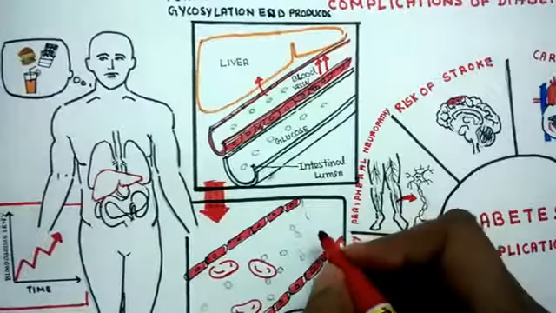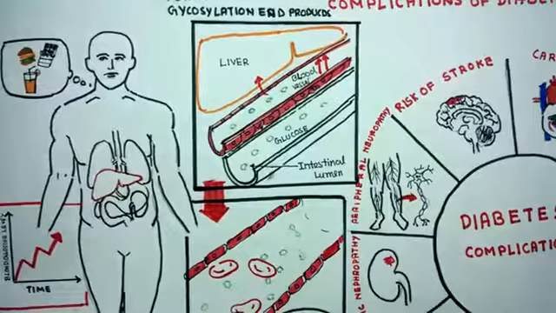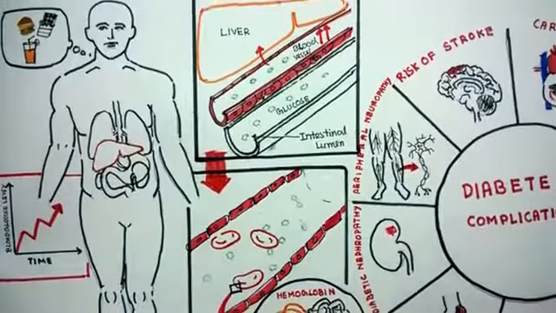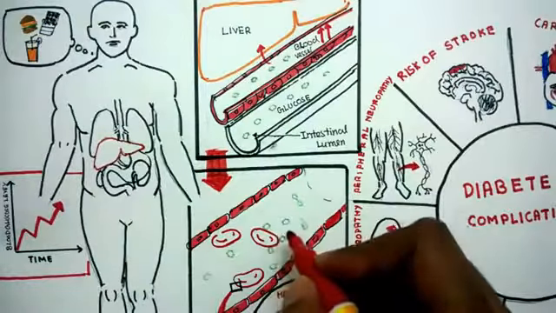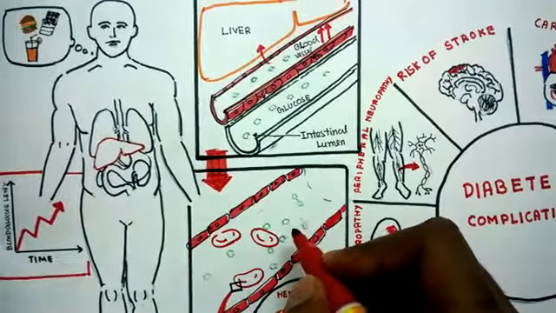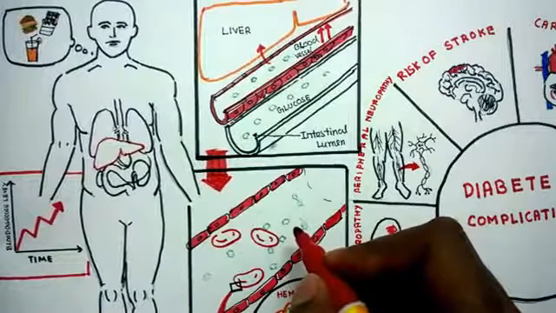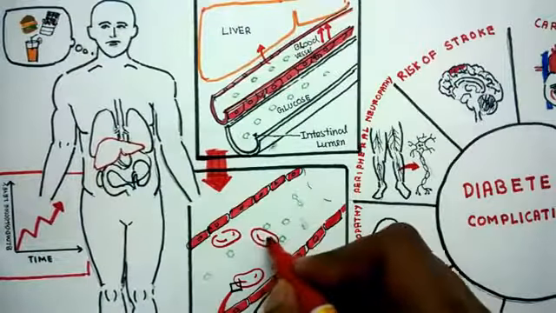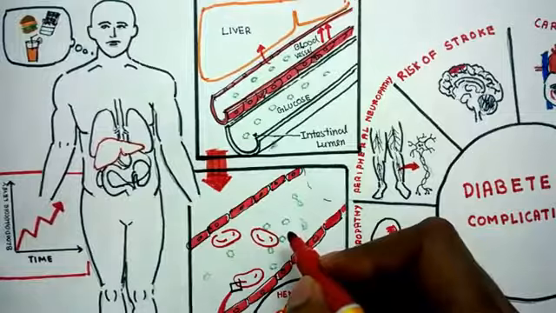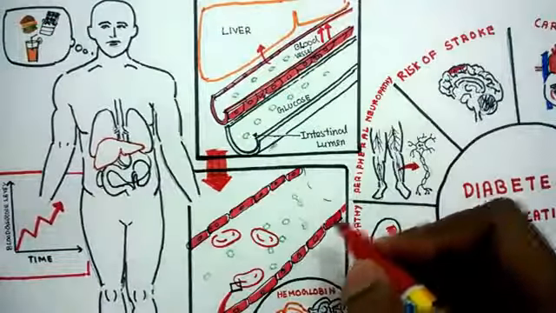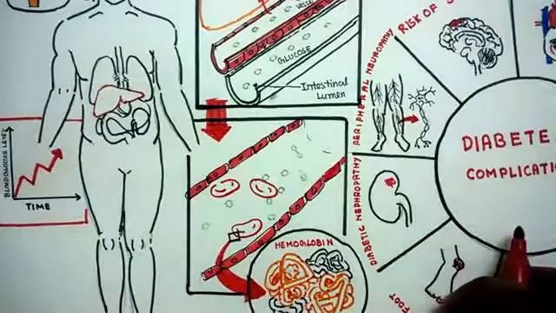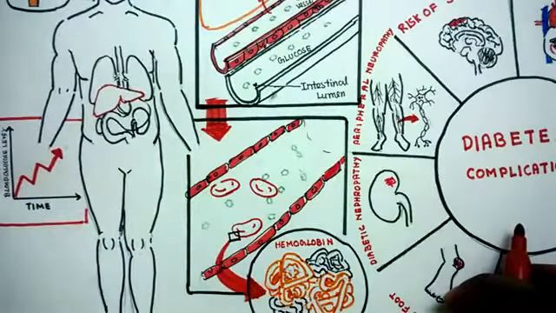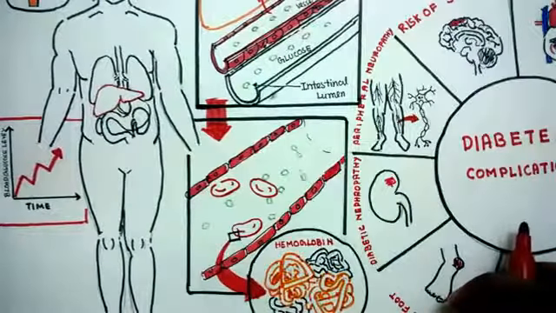So when the blood glucose level is high, there is a lot of glucose inside the blood vessels. We can see glucose could be attached to the RBCs and to the proteins, serum proteins, and they could cause harmful products. So when glucose encounters the RBC, inside the RBC we have hemoglobin, and these glucose molecules could interact with the hemoglobin, and non-enzymatically these glucose molecules could get attached to hemoglobin, which is called